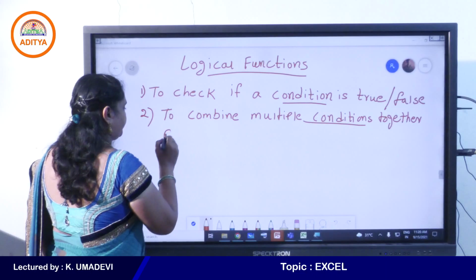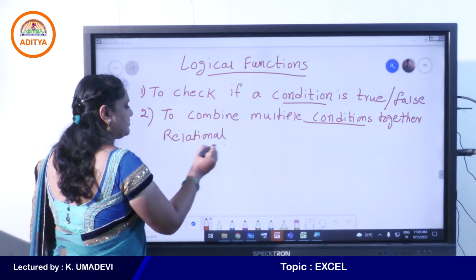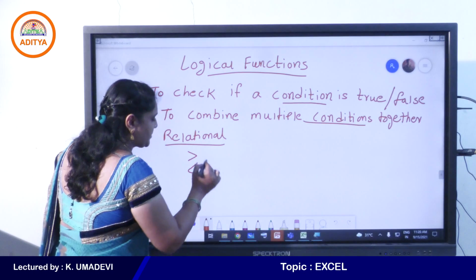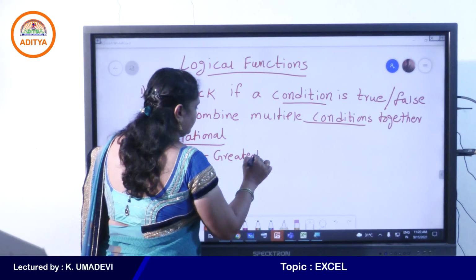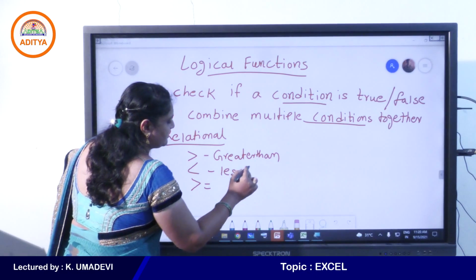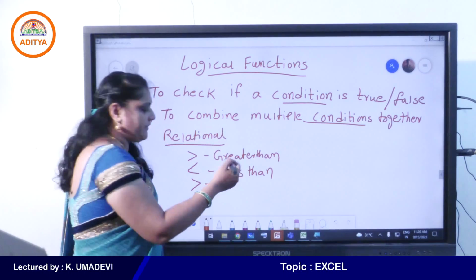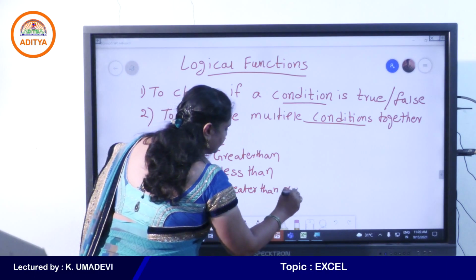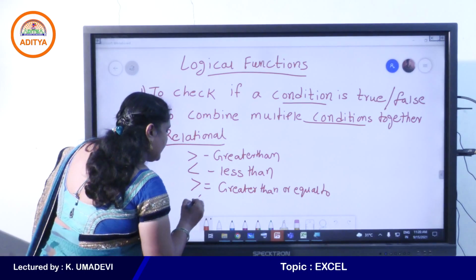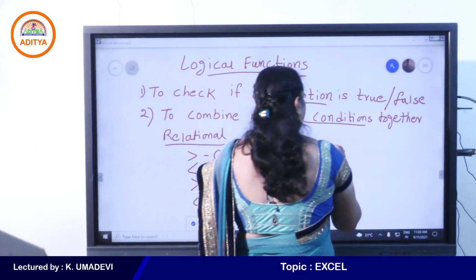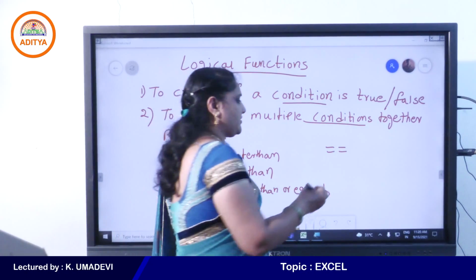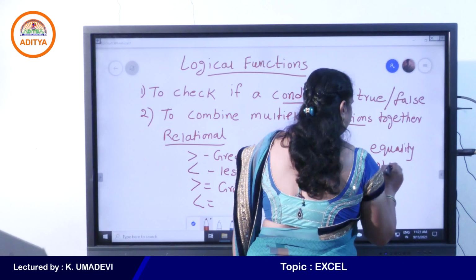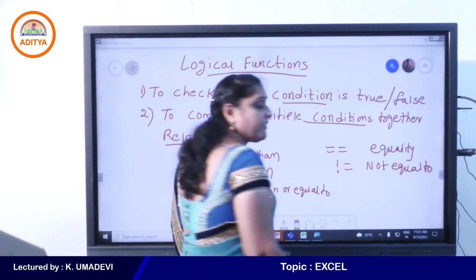Relational operators means, okay, greater than, less than, greater than or equal to, less than or equal to, equal to, that is the equality operator, and not equal to.